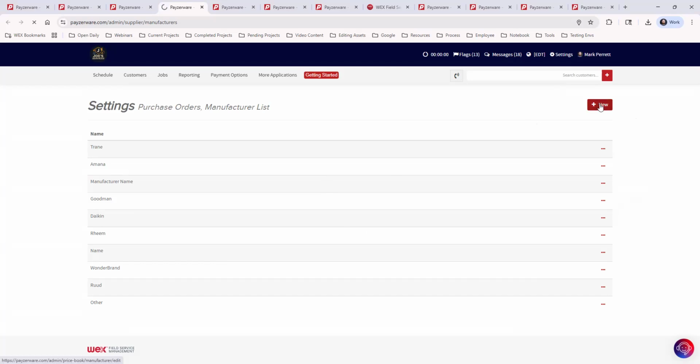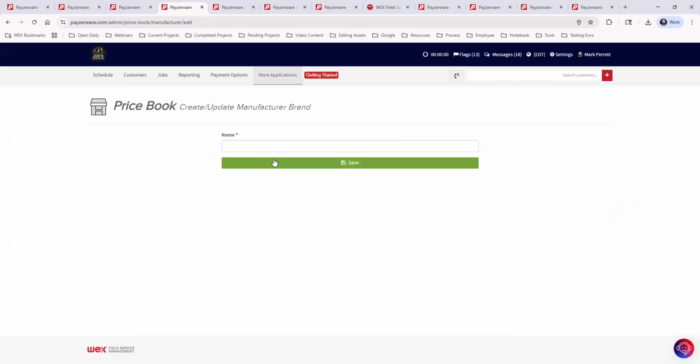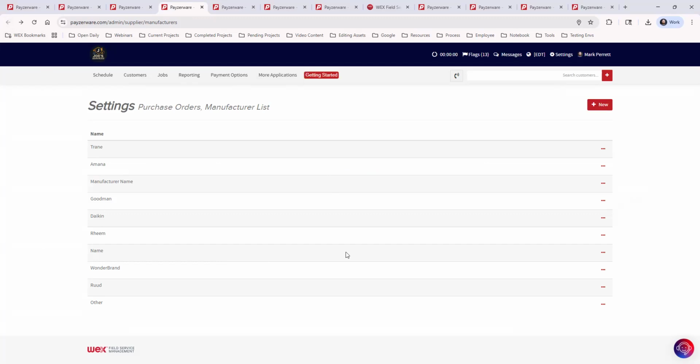You'll click new and then enter the name and hit save. You know better than anyone who you're purchasing from, so go ahead and add those in. And now